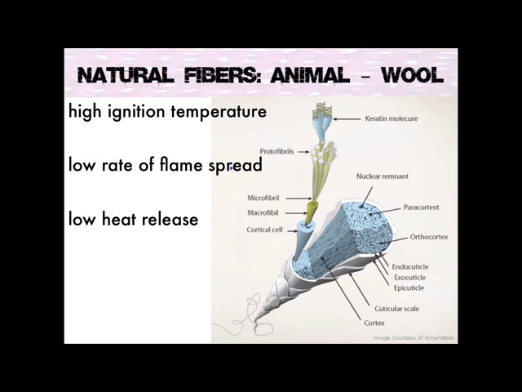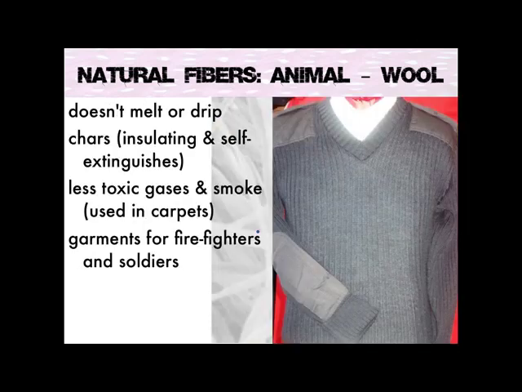Wool is really hard to ignite, so it has a high ignition temperature, a low rate of flame spread and low heat release, and it doesn't melt or drip. It chars, so it's insulating and self-extinguishes, and it doesn't emit toxic gases or